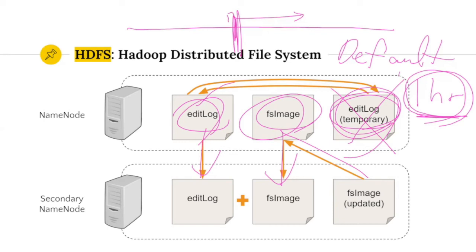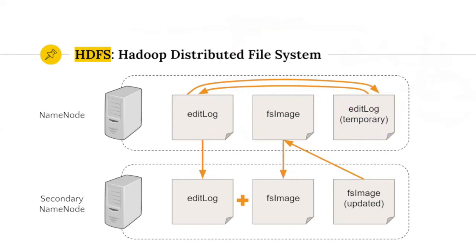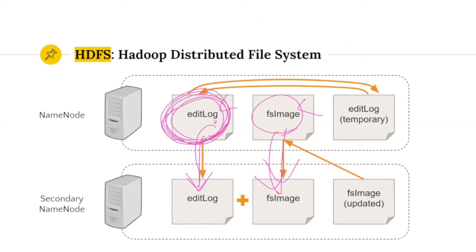The second question: can you please repeat the role of the temporary edit log? Again, like I just said, when the main edit log and the FS image are being copied to the secondary name node, this information is being transferred to the other computer, and you probably don't want to bother this edit log. The document is in the middle of being copied to the secondary name node, but if you happen to change the edit log, if you happen to change this document,